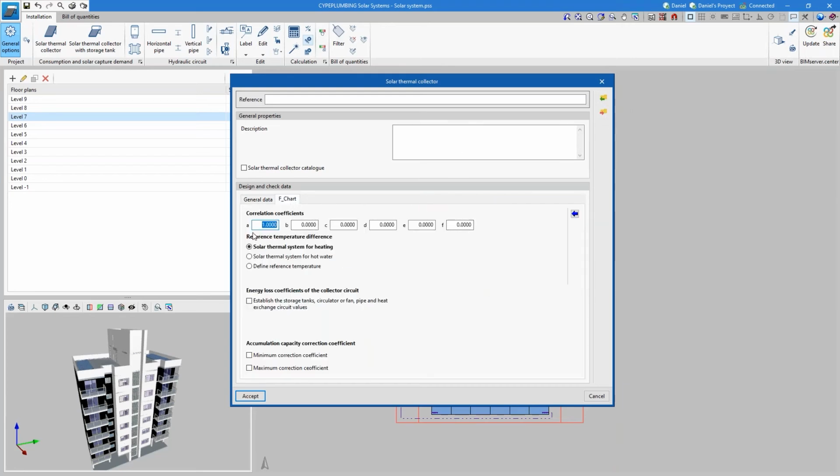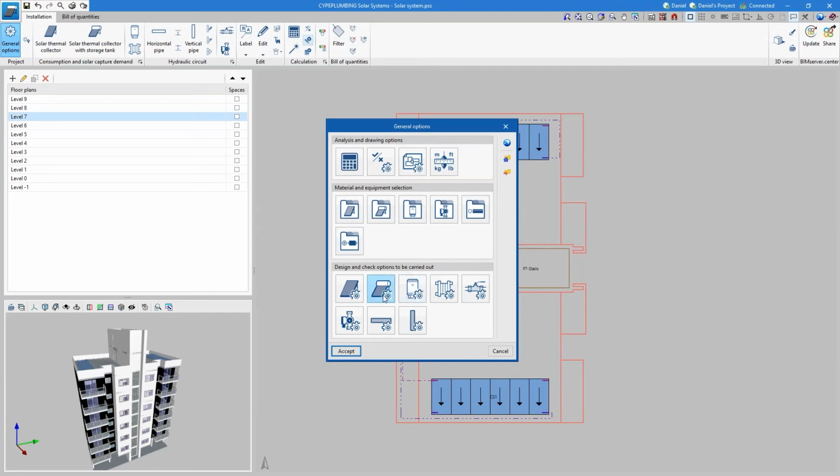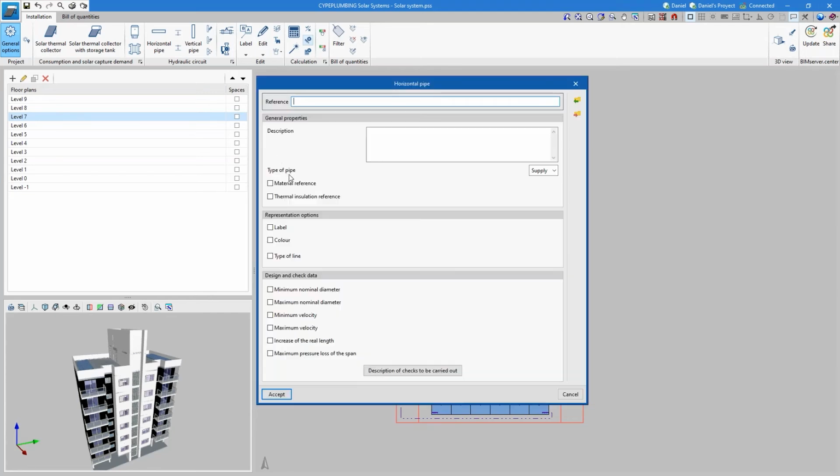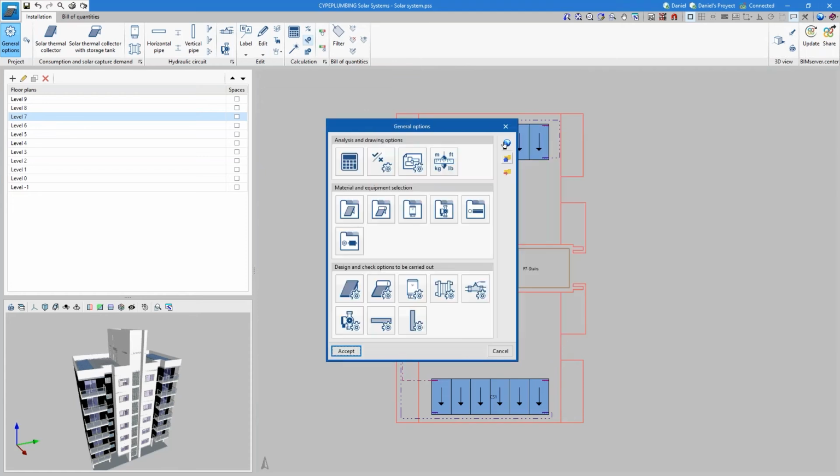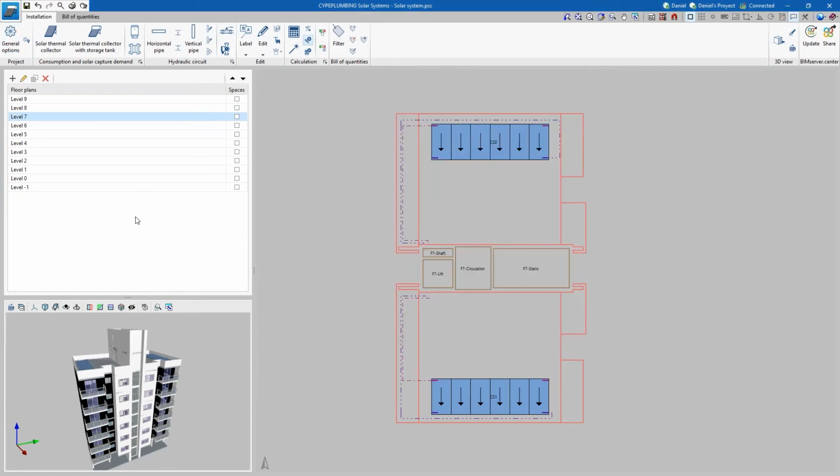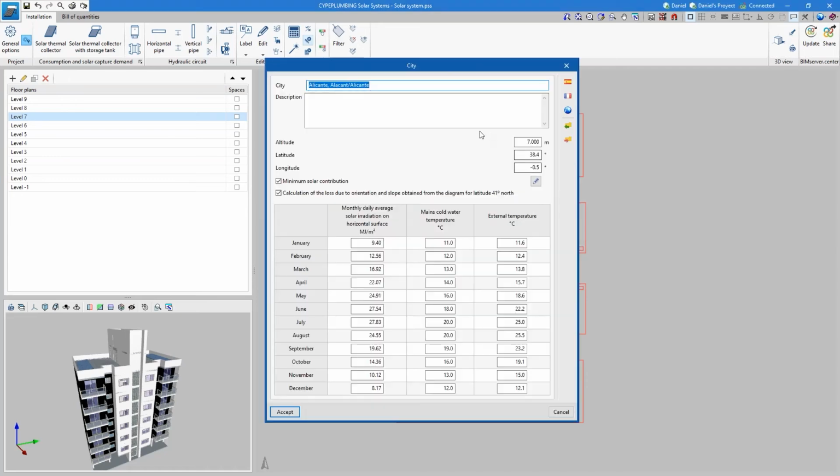And also, we are able to modify the F chart with the solar thermal system for hot water, for solar system for heating, minimum correction coefficient and the maximum, and so on. And we can define all the checks that we want for our installation. For example, the pipes. We are able to define all the checks that we want to carry out in our installation, and we only have to introduce all those parameters. All right. Now that we have introduced all the equipment and all the checks that we want to carry out, it's time to locate